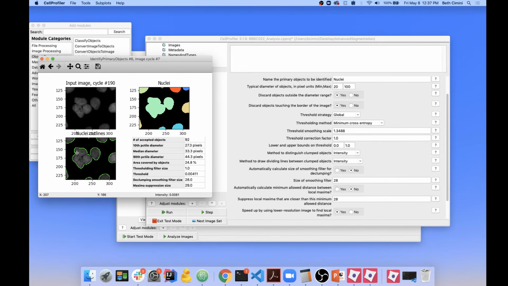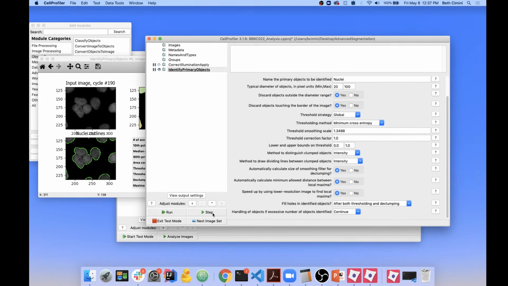For example, this group of nuclei is now all one big nucleus, which obviously isn't correct. There are 1, 2, 3, 4 here. So if I go back to the automatic settings,